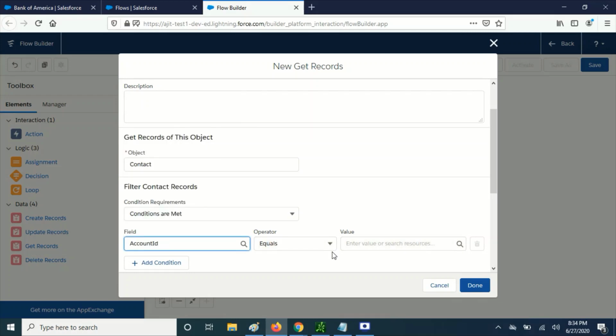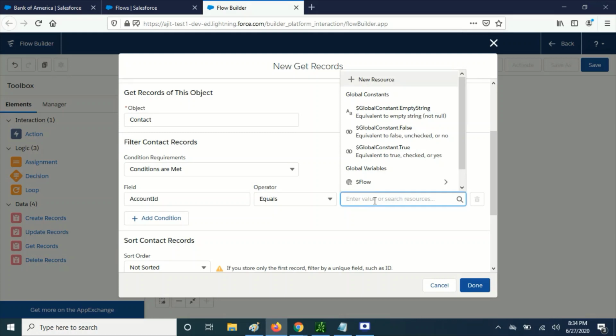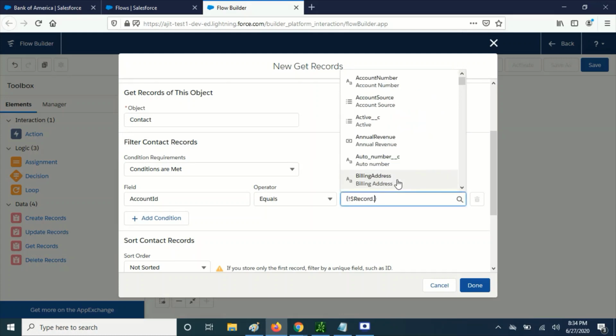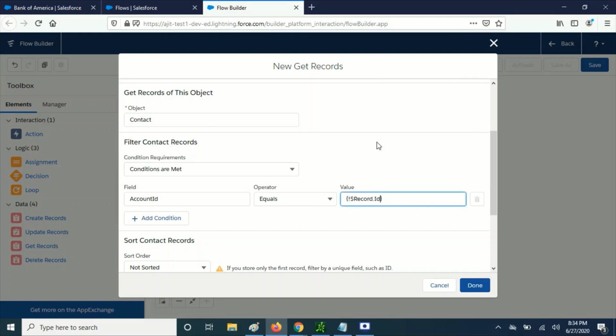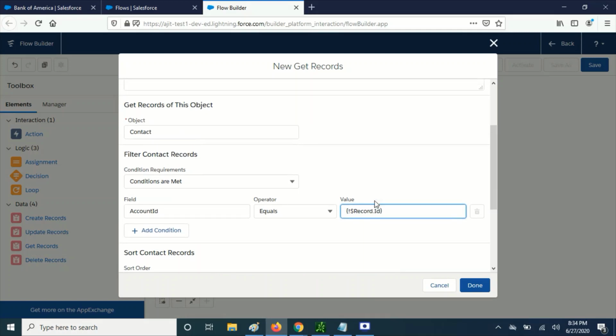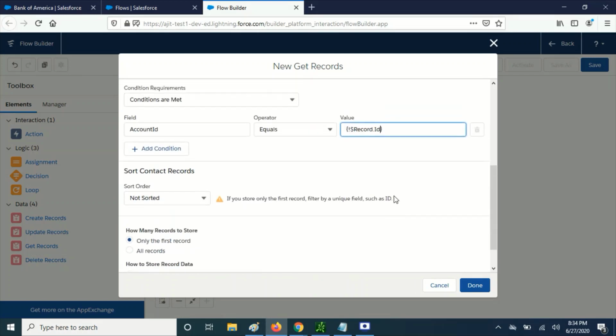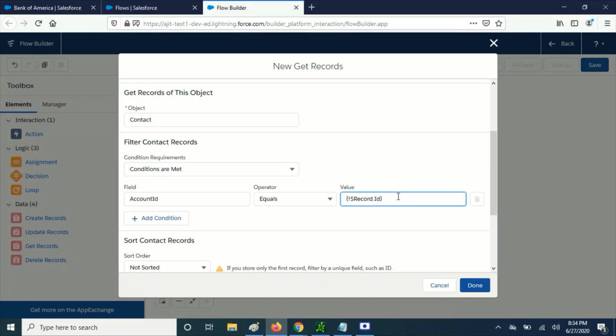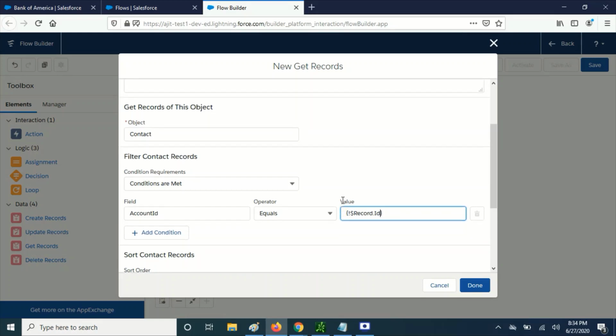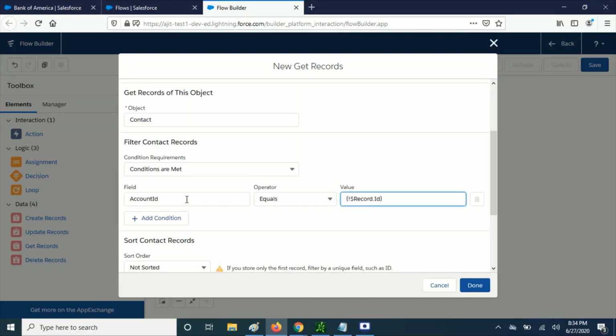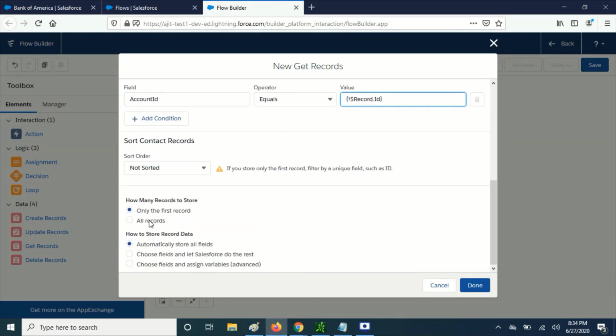Account ID equals. So if you remember, we would be using Process Builder to pass the ID to the flow. So here they have added that option over here itself. So we are just providing the account ID to, sorry, the contact's account ID to the account ID. And we need all the records, and this option is okay to save it